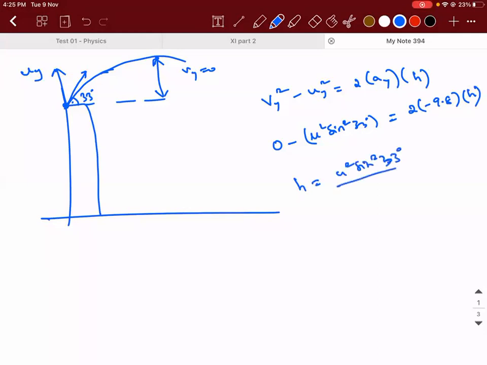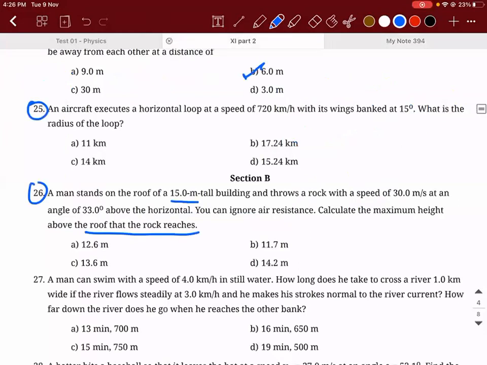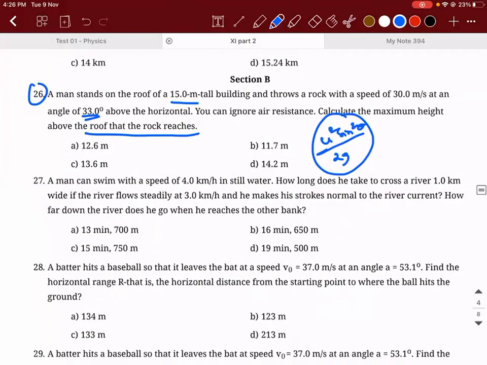Raghav, are we able to understand the same thing? Maybe I'm not. I think the answer is 11.7, but the answer given here is 13.6. It is maybe because I took g as 10 and they took it as 9.8. So using the same formula, can you guys calculate it later and see? The formula is right, u square sine square theta divided by 2g. Moreover, we don't know the value of 33 degrees. I should have given it as 30 degrees. But the same formula is applicable.